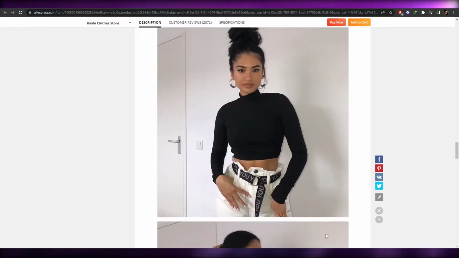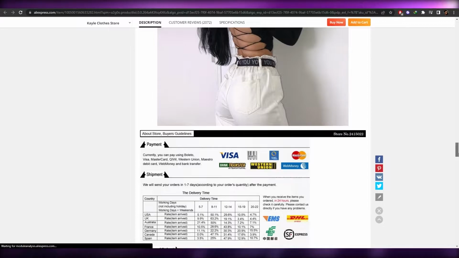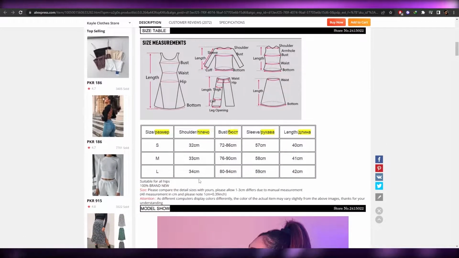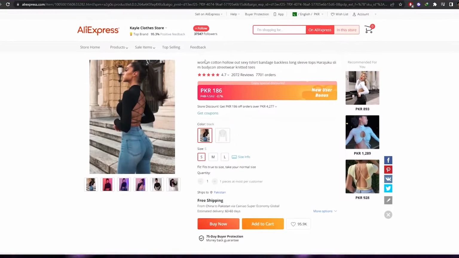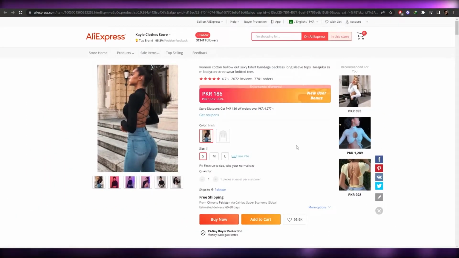Now that that's done, maybe we can get some more stuff like this one as well, but for now we are good to go. So now over here we also have some measurements and stuff like that, but we are now good to go. So what we can do is copy this title, maybe like that, and then